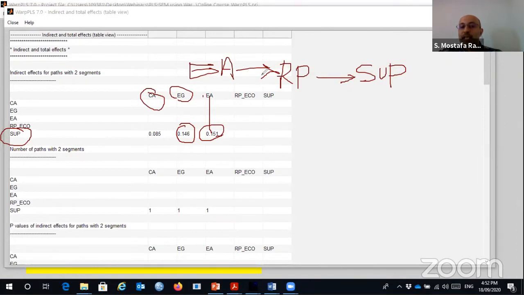So we have CA, resident perception, and support, right? So we have three indirect effects here. This is the result of the product of coefficients, or indirect effect, for three hypotheses, right? And if you scroll down,